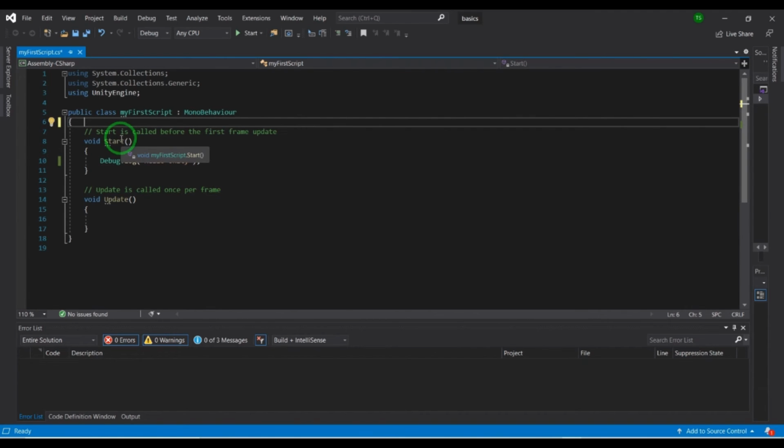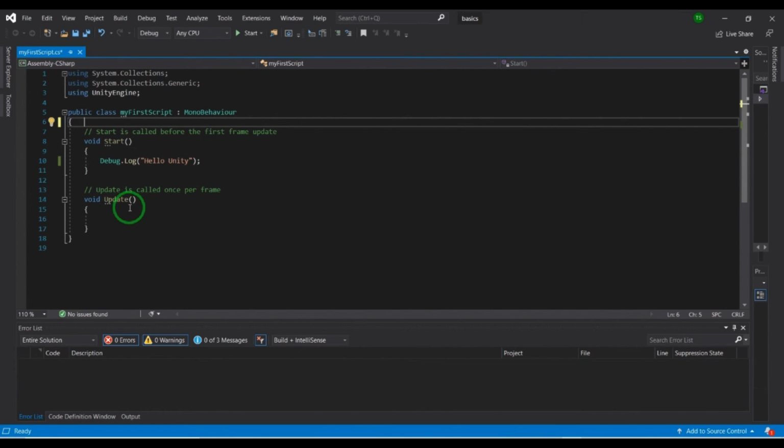What Start does is execute whatever code is written between these two curly braces, just after the game starts playing, and it will execute that code only one time.